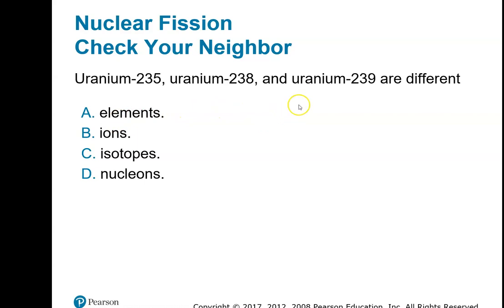All right, so uranium-235 and 238 and 239 are different in the number. They're different